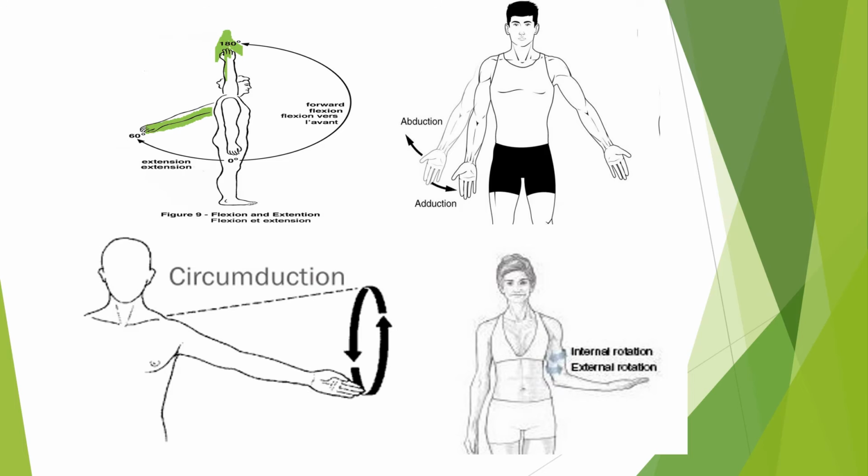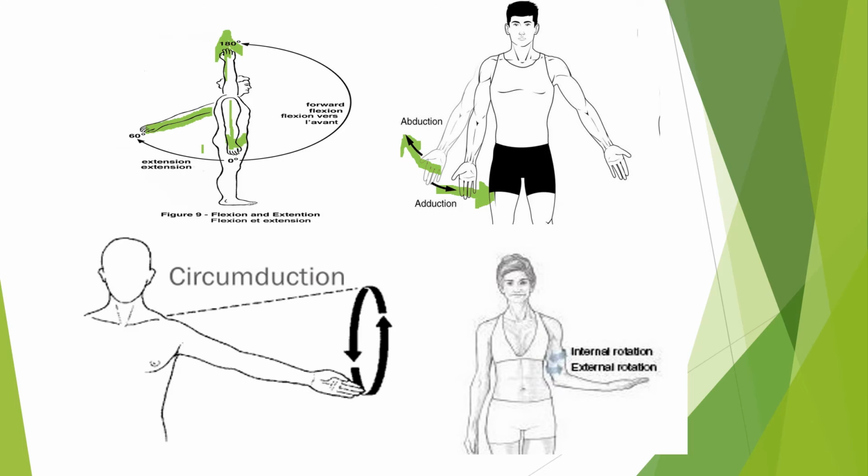And when the arms come to their normal state, aligned with the body, and go upward, I hope you understand. This downward is known as extension, and this is the abduction, away from the body, and this is the adduction,